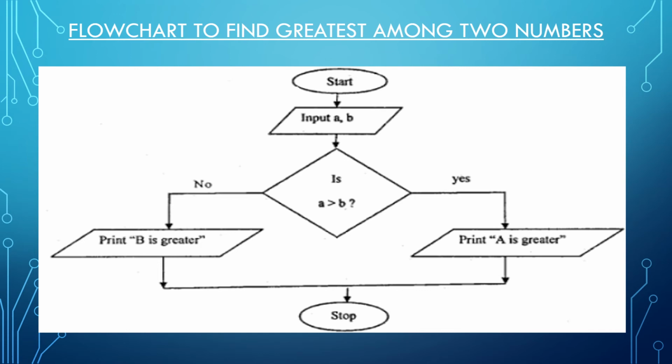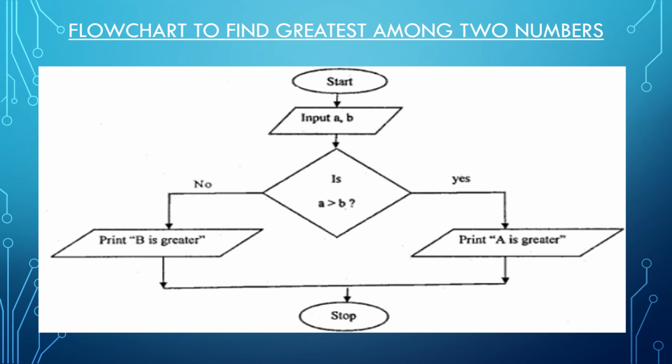Beginning the flowchart with the start box. As you can see in this flowchart, the start and stop boxes are represented in the oval shape. So the start and stop box can be represented in two shapes: you can use the rounded rectangle symbol or you can use the oval symbol to represent the start stop box. After starting the flowchart, we have taken two variables, input A and B.